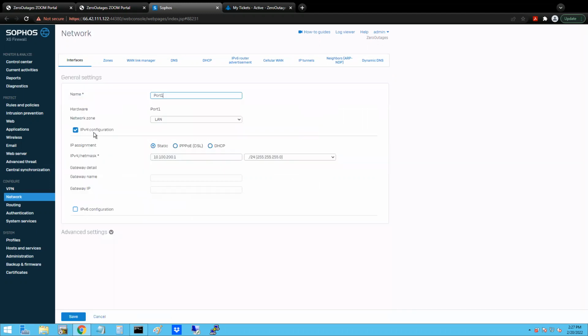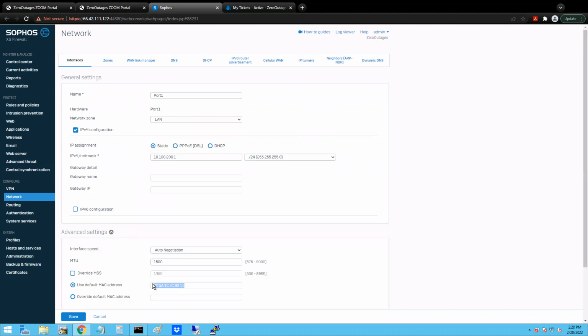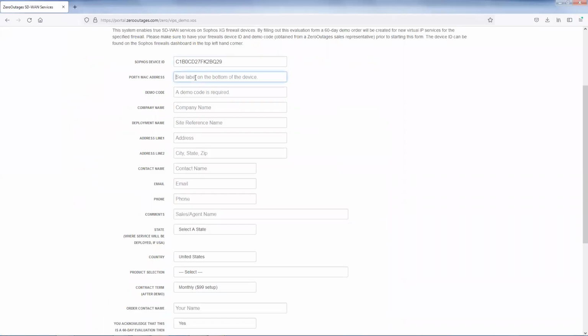So you want to click on the port 1 settings and then go to advanced settings and you'll find the MAC address located here. You can just copy this and paste it into the MAC address field. All right, so now that we have this information, you want to put in the demo code. So the demo code is going to be 1000. You may be given a different demo code by your sales representative,